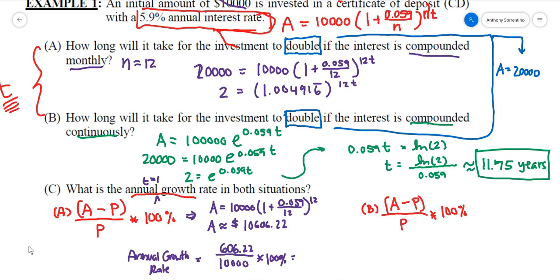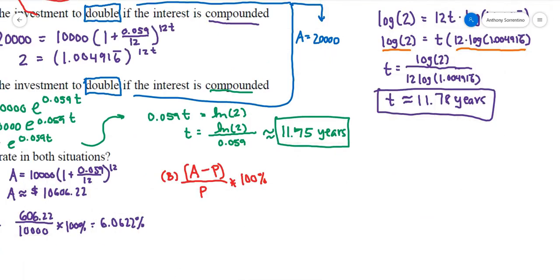And that equals about 6.0622%. So not significantly more than 5.9%, but it's still more than 5.9%. Whereas for B, I'm going to do the same thing, except now I'm going to use the formula A equals 10,000 e to the 0.059 times t, which would be 1. So A is approximately going to be equal to